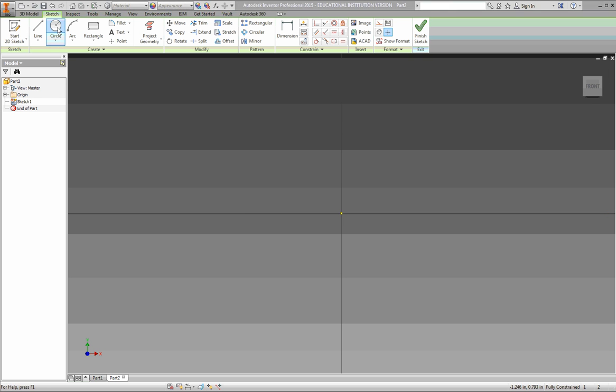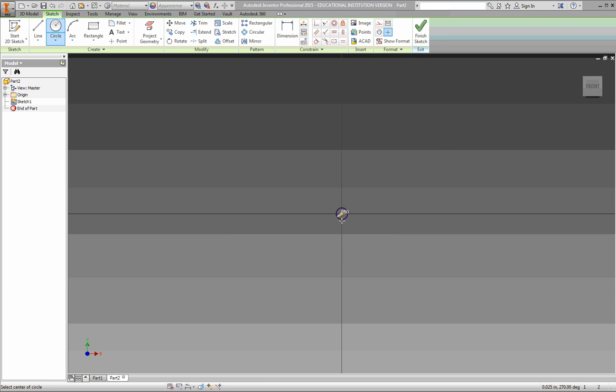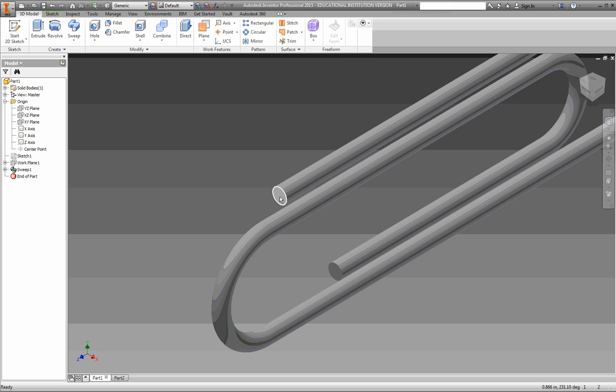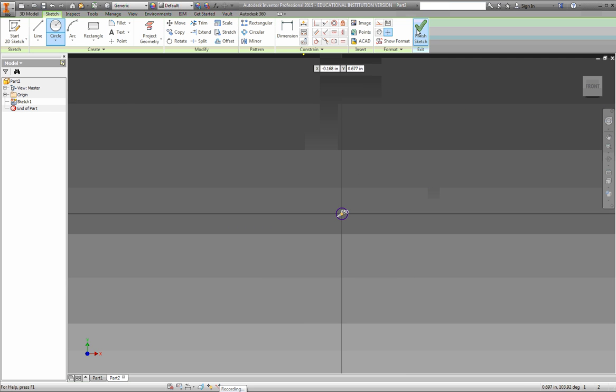To start, we're going to click our circle tool and make sure we lock the circle right onto the center. We're going to click and drag, and I'm going to type in a value of 0.05 inches. If you're wondering why this number is so small, it's because a paperclip has a super small diameter, and that's what we're drawing right now: the diameter of our paperclip. So now we're going to finish our sketch,